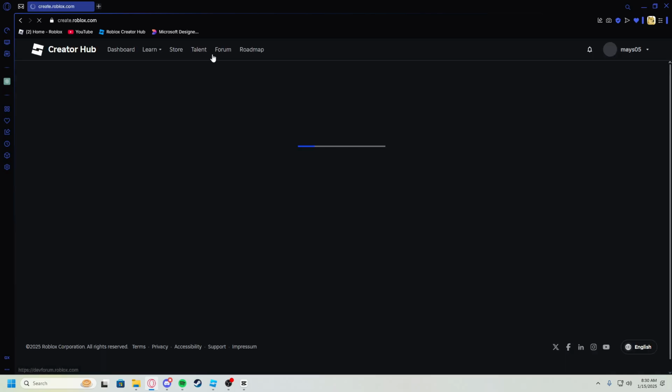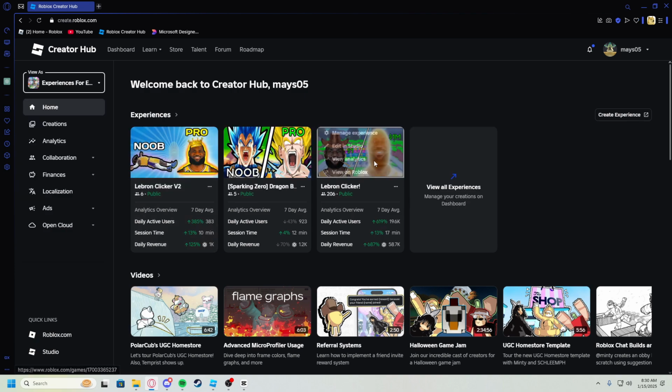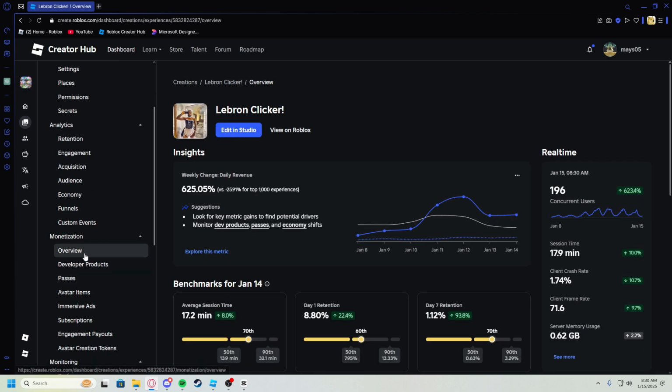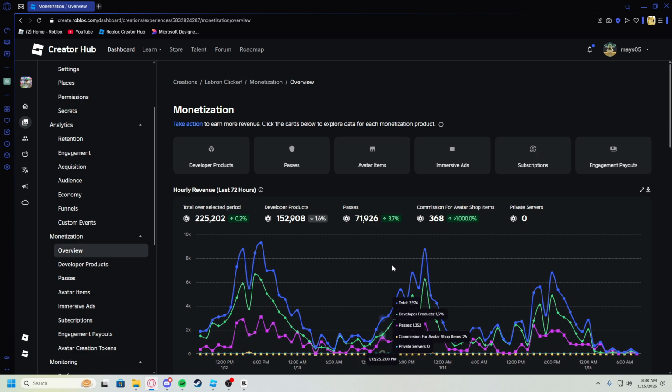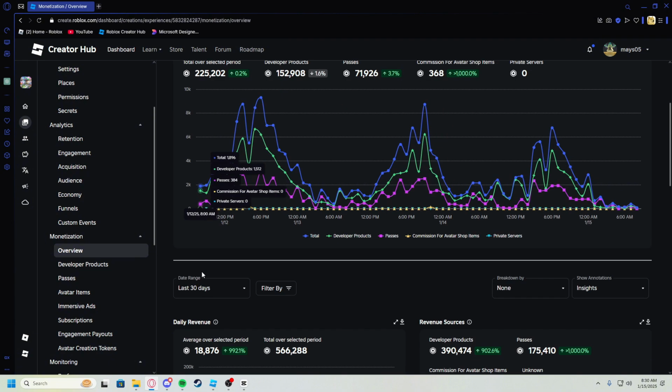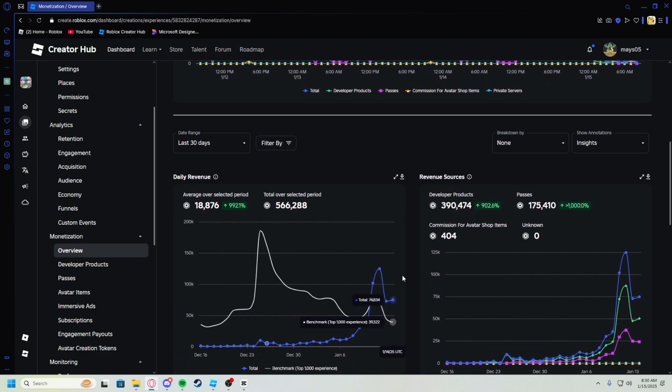Finally, I'd like to go over the revenue the game made, so I'll show you everything here and there in between for that. The last few days it's been doing really well again. I've made 225,000 Robux in the last 3 days. It wasn't always like that, because if we go down here to daily revenue, it was just this last like week that it's really been doing decently well again. Before this, the game was fairly dead and holding just about 20 to 60 players max, sometimes even less than that. So this resurgence that you're seeing now is new.